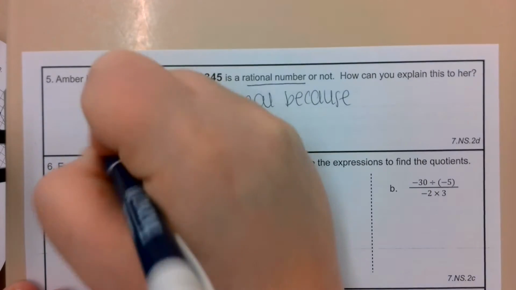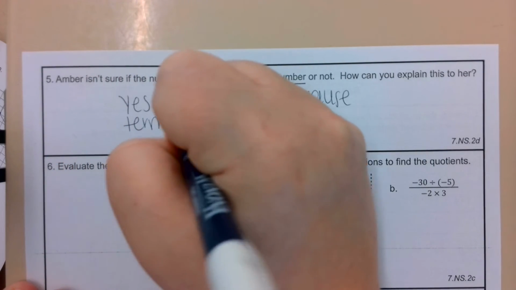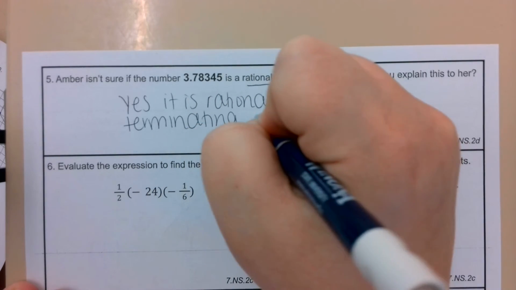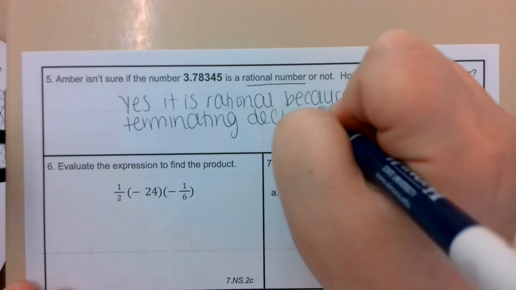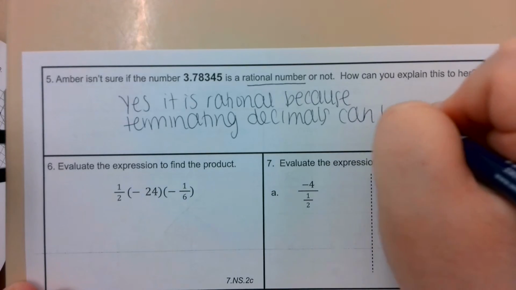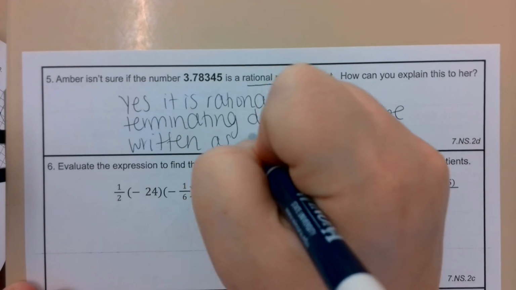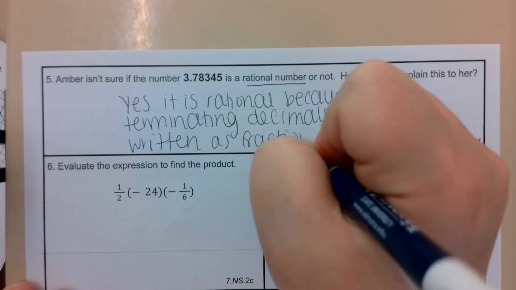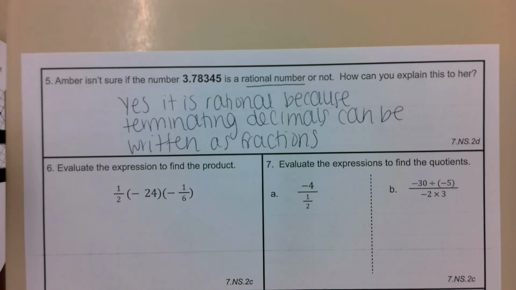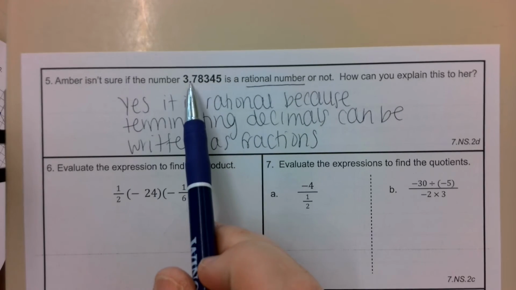because terminating decimals can be written as fractions. And then I would look, if I wanted to write it as a fraction, this is the tenths,